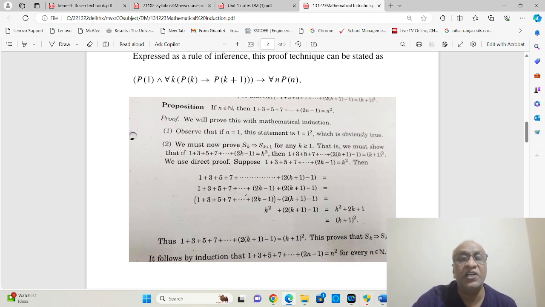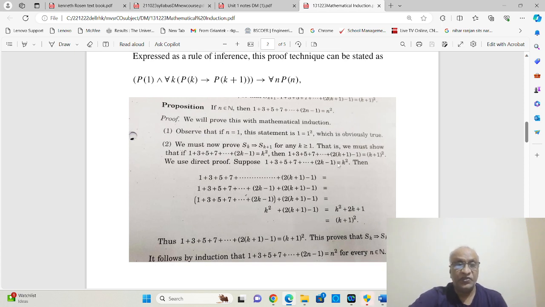Now, what is the second step? The second step is the inductive step. In the inductive step, we have to prove that S of k implies S of k plus 1 for any k greater than or equal to 1. So, it means we have to prove that 1 plus 3 plus 5 plus 7 plus, here n is replaced by k, so it will be 2k minus 1. So, instead of n square, k square we are taking. So, any k we are taking. So, here